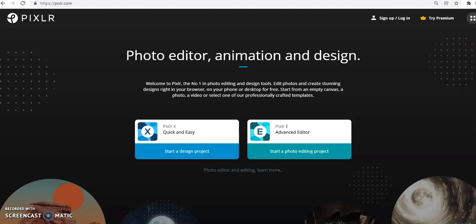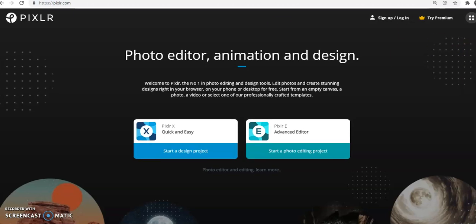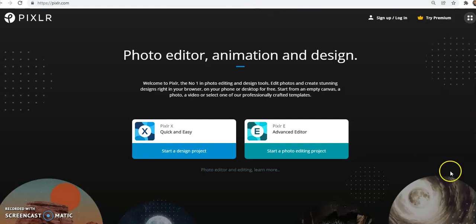Hey y'all, hey. So once again, Pixlr has updated and everything is looking different and new. So you can just go to pixlr.com. It's still free. Go to pixlr.com and once you're here, click the E editor,